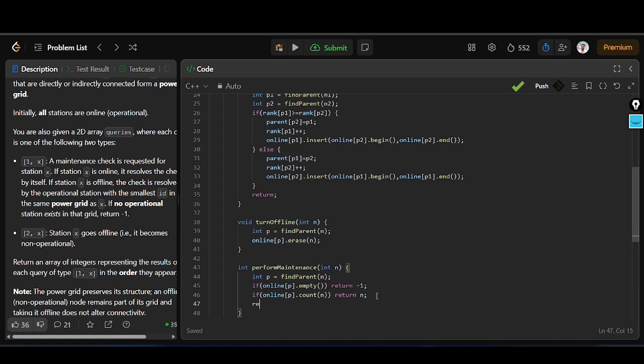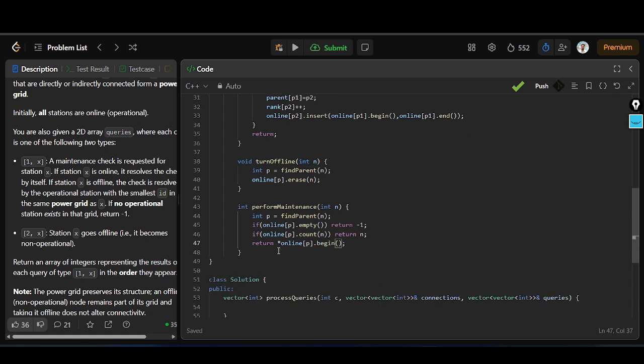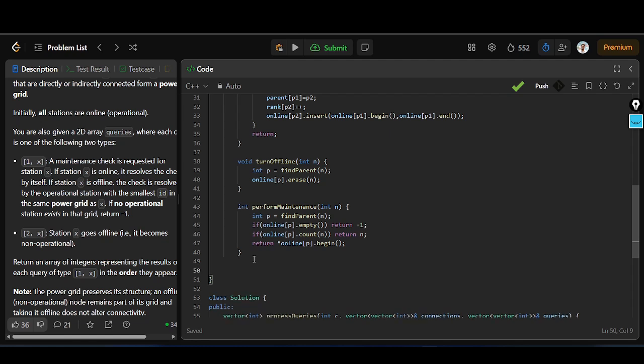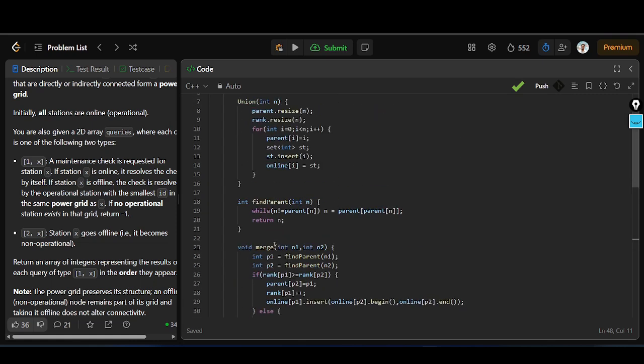Otherwise, I can return the first element in the ordered set, which is going to be extracted using the begin function, and this is going to return the iterator, and I'm going to get the value using the pointer or the address. At this point, I think we're good with the